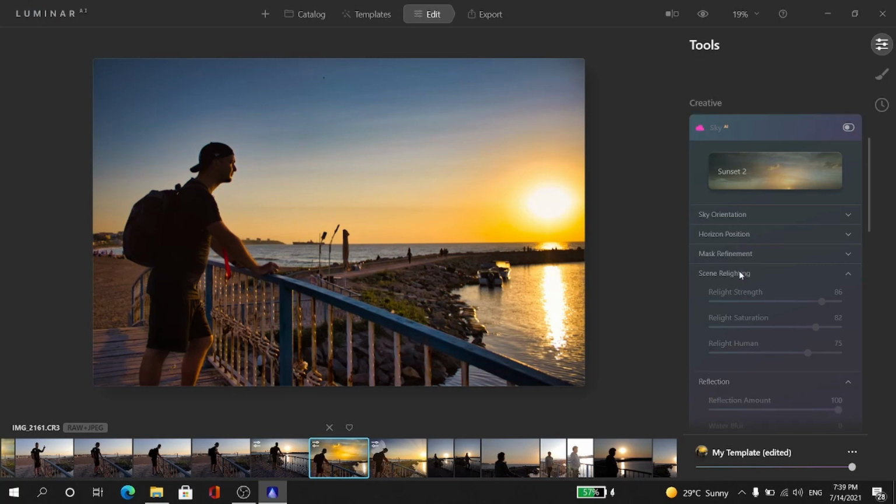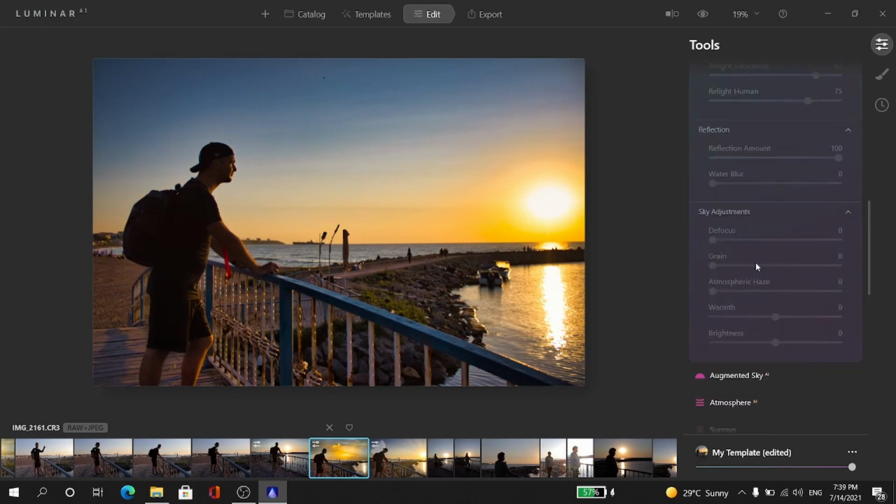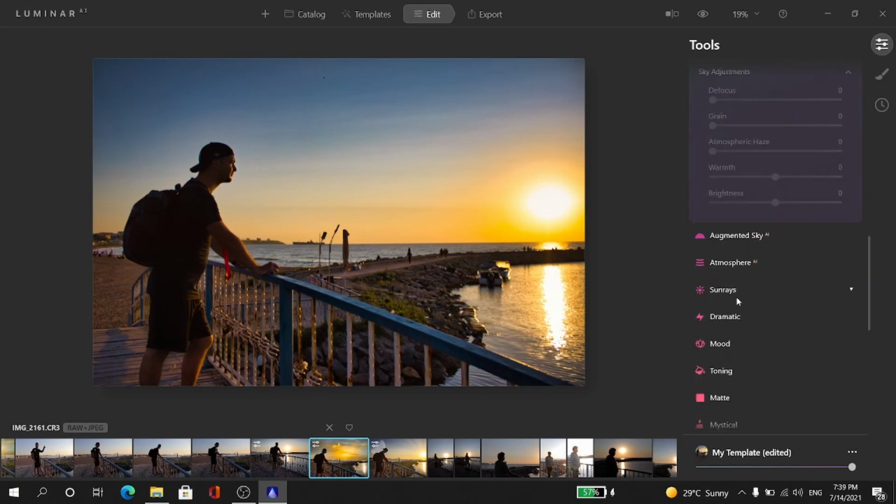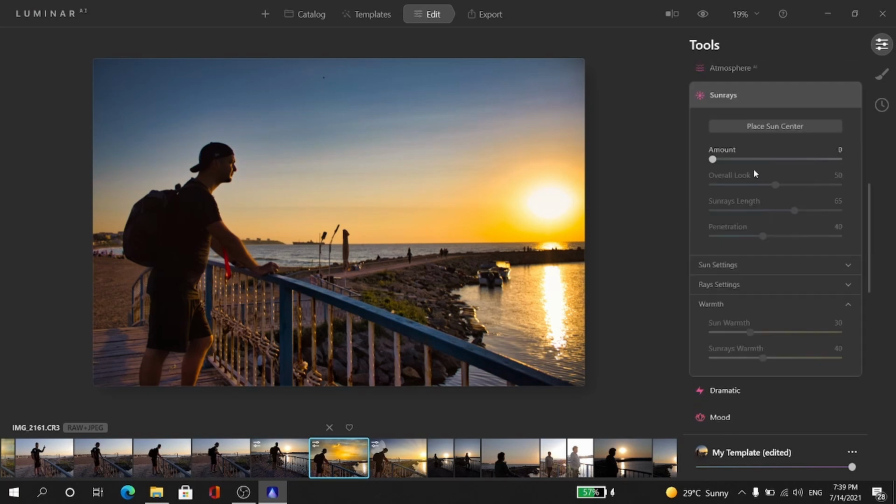Actually, I'm thinking about changing the sky a bit. Let's try putting some sun rays. Click, place the sun rays where the original sun is. Click again and bump it up. Looks great, but it still needs some modifications,